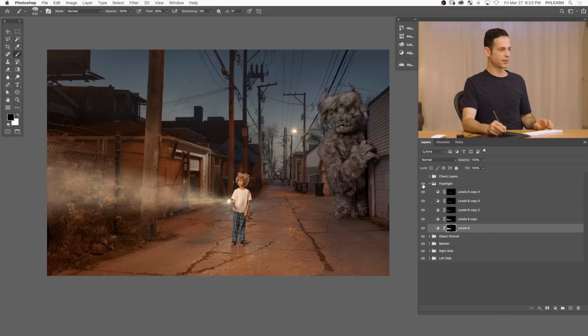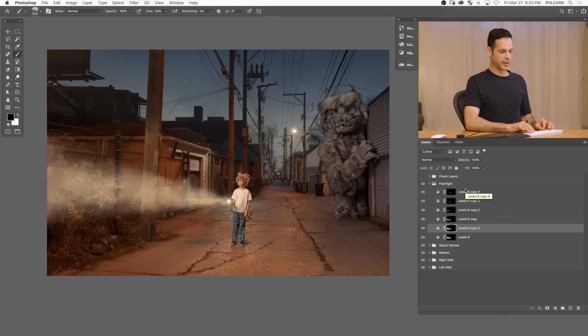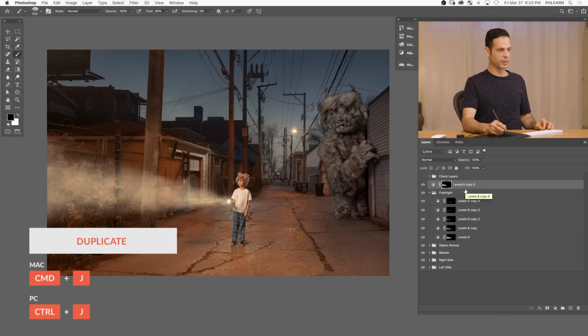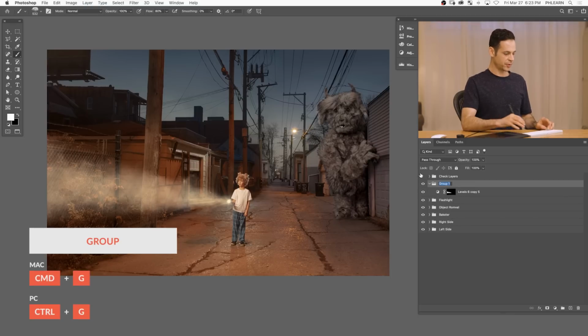So we have this flashlight. Look at that, you just turn this flashlight off and on. Super fun and easy to do. Now we have something similar for the street light. I'm just gonna hit Control or Command J to duplicate this background layer here, okay? And we're just gonna call this street light,